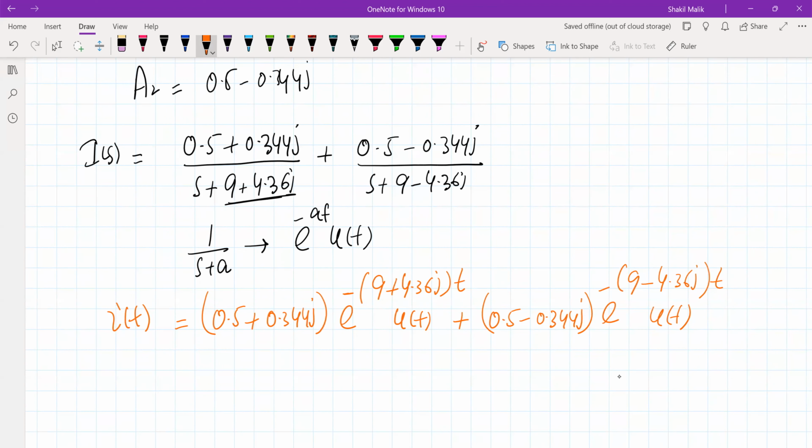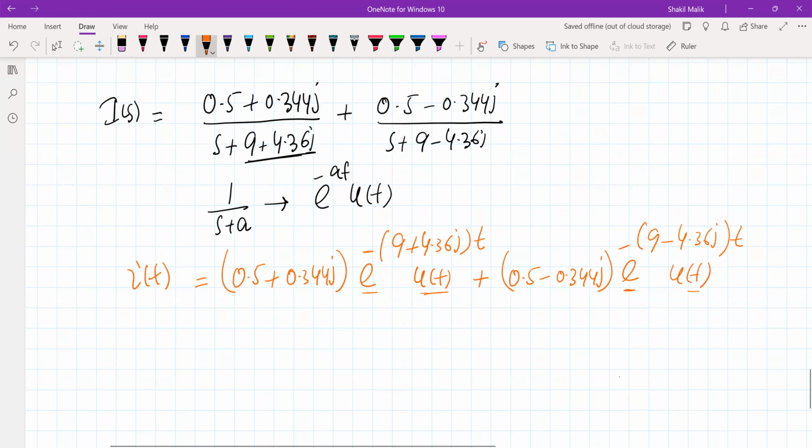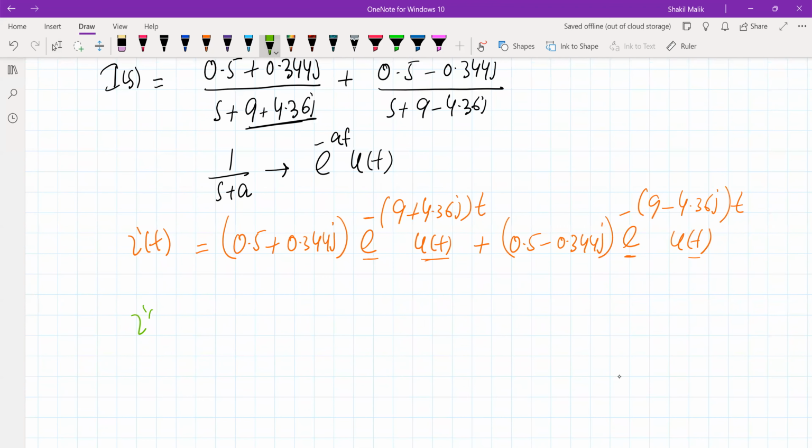Now you can see in the one term we have e to the power of minus 9t, and in this term we have e to the power of minus 9t. So taking it out, and taking also u of t out from this expression, we get I of t equal to e to the power of minus 9t. I will take common, so it will be 0.5 plus 0.344j. We'll be left with e to the power of minus